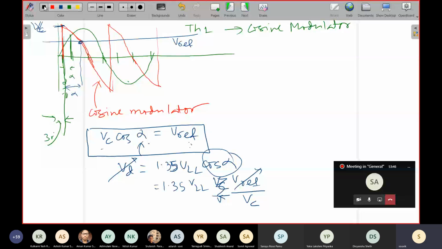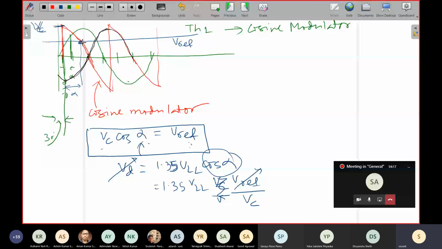If this is the A phase waveform, the B phase waveform is coming here, right? B phase is where? 1, 2, so the B phase waveform is here. This is the B phase waveform. Now see a beautiful relationship between the B phase waveform and the cosine modulator waveform that we intend